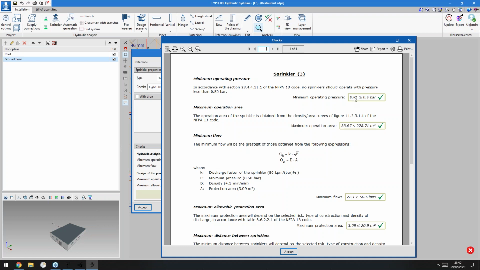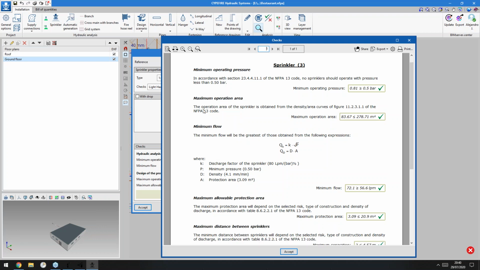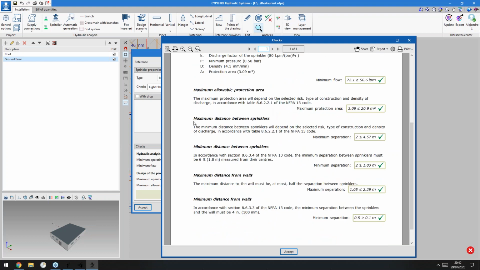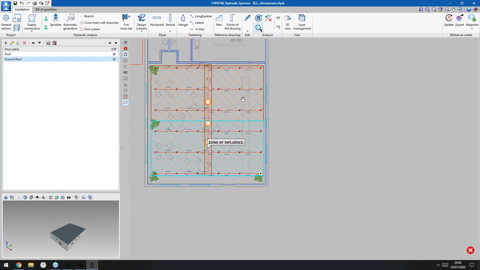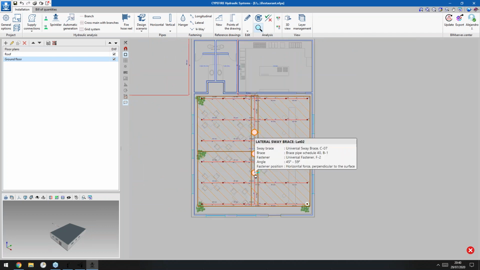Okay, we are meeting 0.81, that is obviously more than the 0.5 bar that the code tells us. We have the minimum flow, we have the maximum operation area, we have these maximum and minimum distances from walls and between sprinklers. And once you check every one, I believe that this is an error because we didn't define it in this case,